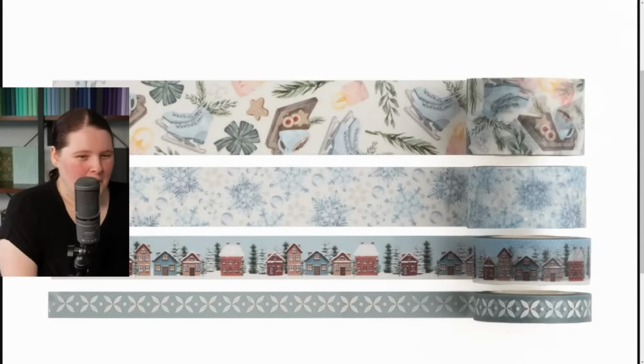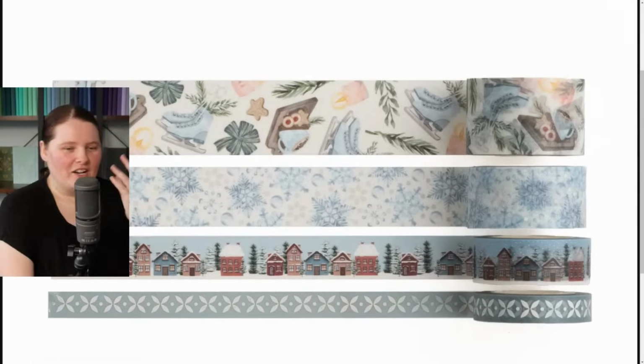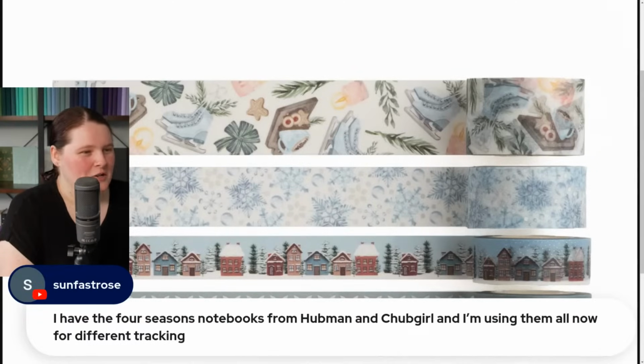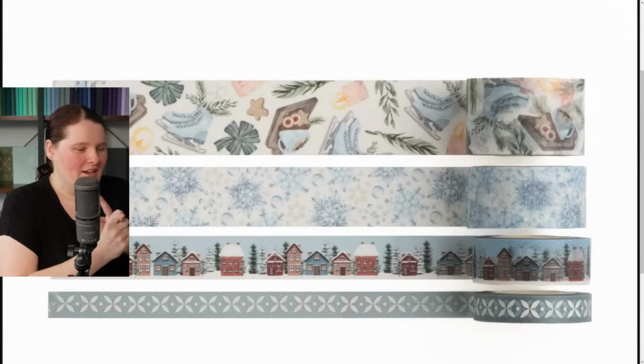Let's see. So happy that I don't feel the need for any kind of notebook this time. I'm glad. Yeah, it is nice when a release actually isn't for you because it just means that you get to save your money for something that really clicks. So let's have a look. You have the 4 seasons notebooks from Hub and a Chub Girl and using them all now for different tracking. Nice. I just have the gingerbread notebook that came in the Advent house, and then I also have the